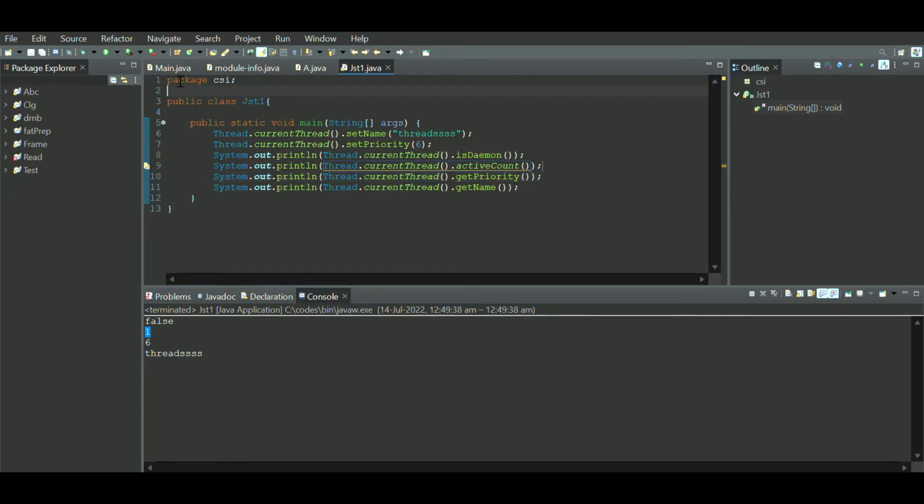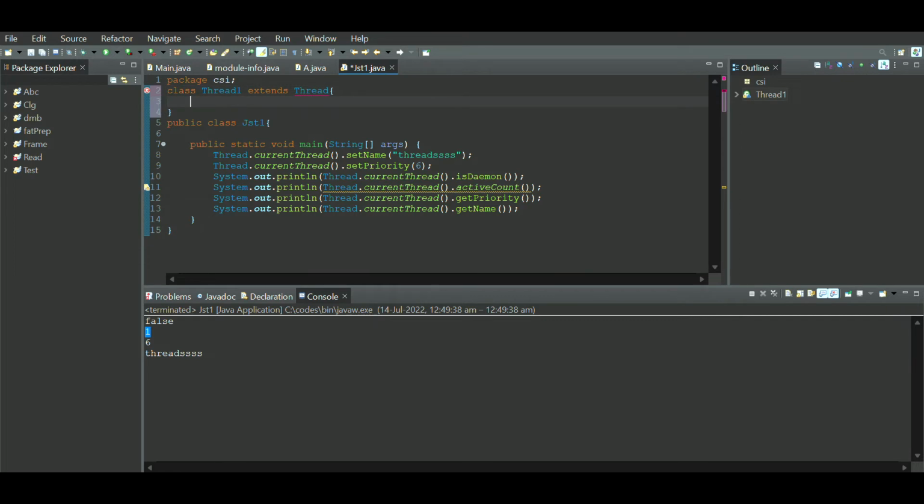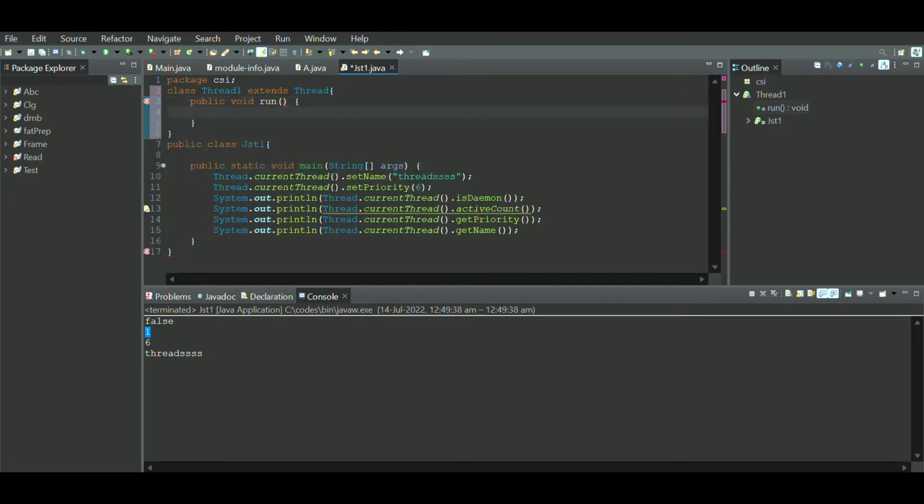So let me just create a class named Thread1 extends Thread. Now we'll get into what is the difference between extending the Thread class and using the Runnable interface. So for the time being, to make our thread run, we have a method called public void run. Whatever you want to do within the thread, you can put here. So let's say I want to print